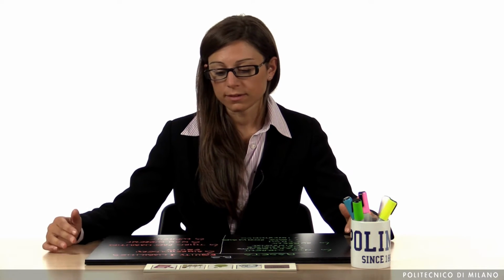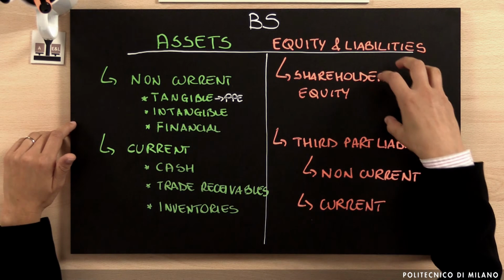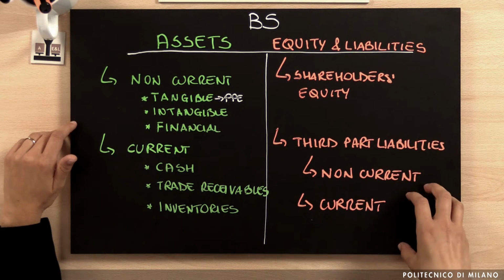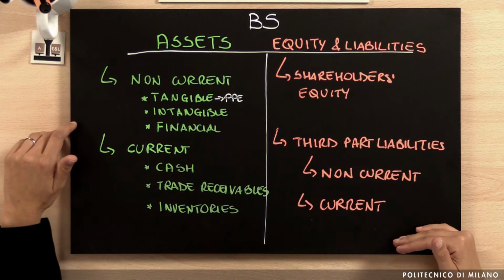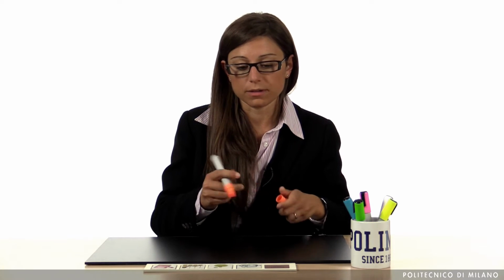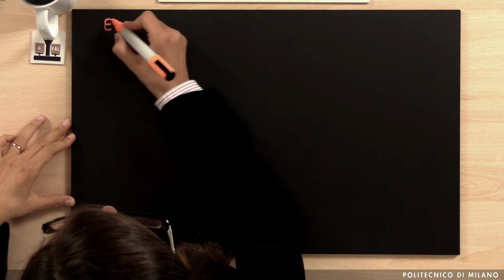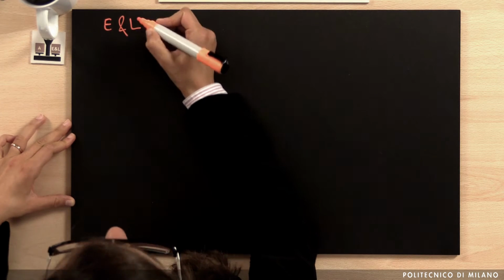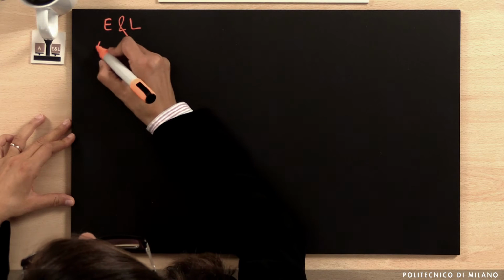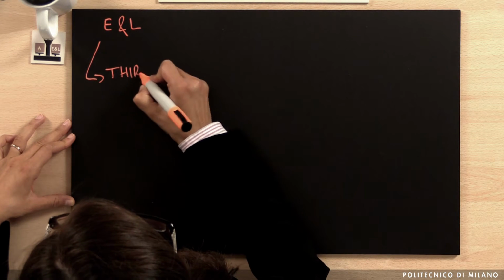Thus, we will enter the detail of the equity and liabilities section, trying to understand which are the main components and then the elements we have inside each of these components. As we have already discussed, the equity and liabilities section is composed of two main areas. So if we have equity and liabilities, we can identify the first area, which is represented by the so-called